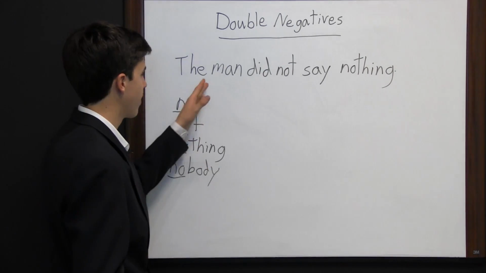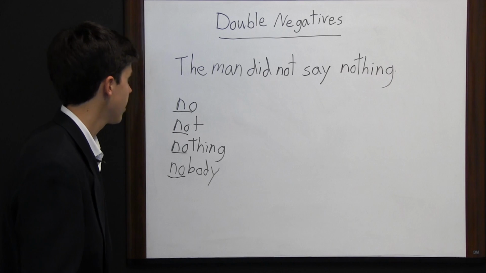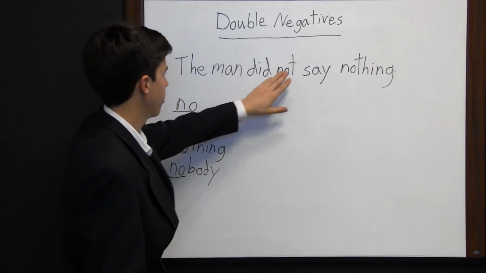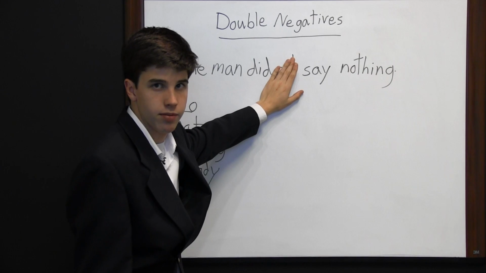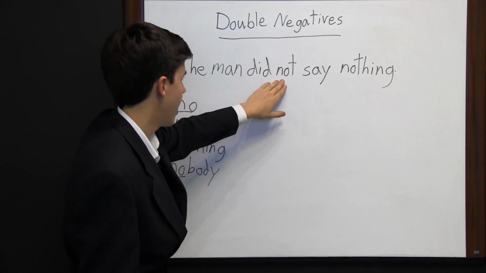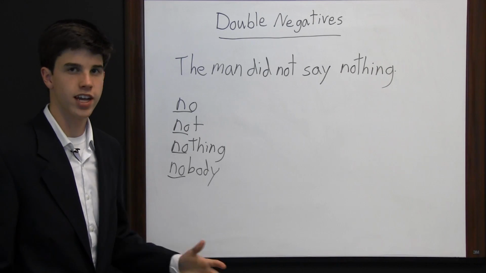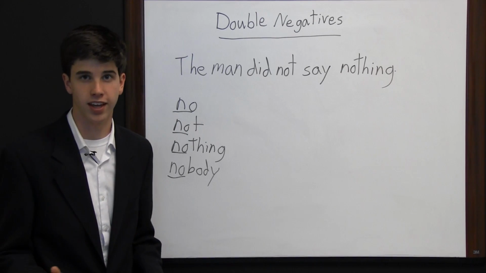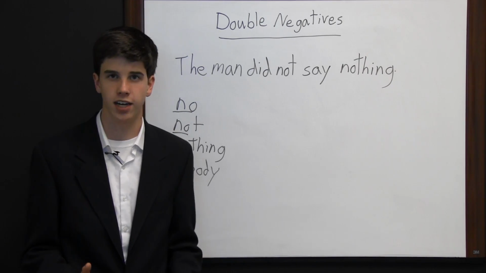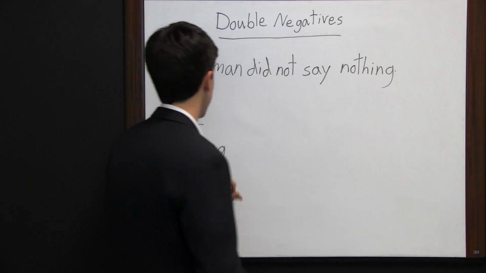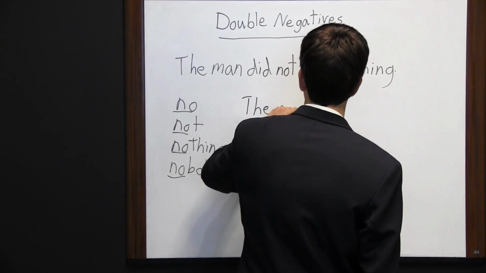See, this sentence says the man did not say nothing. So basically, if you take out the word not, it's saying the man did say nothing. So the man did say anything. But if you put the word not in there, you're saying the man did not say anything. So you're saying that the person actually did say something. If you didn't track with me there, that's okay, because that's the problem with double negatives. They're confusing. So the correct way to write this sentence would be, the man